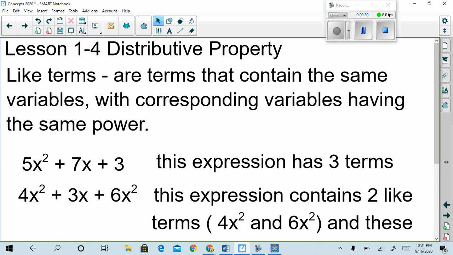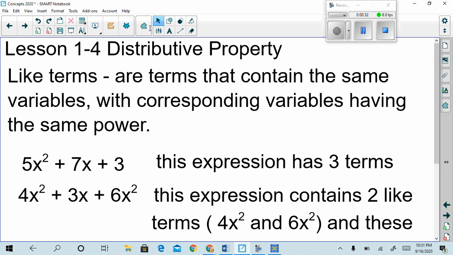Like terms are terms that have the same variable raised to the same power. So we're looking at different terms. For example, 5x squared plus 7x plus 3 has three different terms: 5x squared, 7x, and the constant 3. None of these are like terms because even though they have the same variable x, for the first two, it's